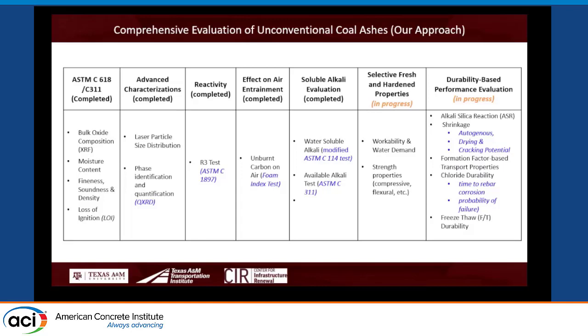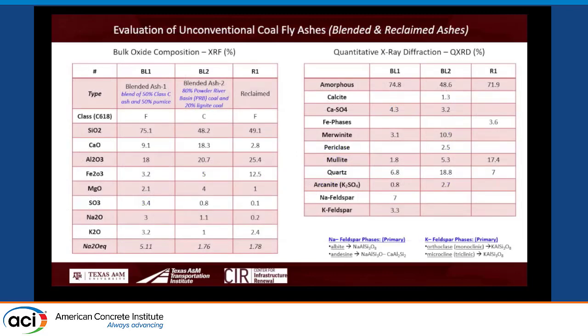Okay. So these are all non-conventional ashes. I'm just trying to see if our approach is okay. We don't have much data, but we will talk about characterization first and then a little bit about anticipated prediction. These are all classical, I'm not giving them importance: XRF, C618, XRD, everybody knows, right? So we did